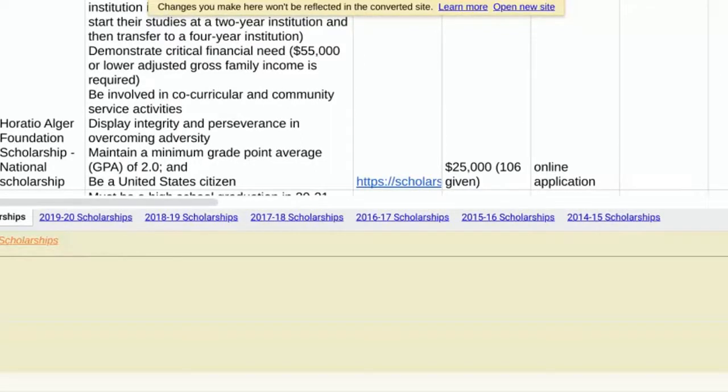If you haven't done so already, I strongly encourage that you come up with some sort of organization method, whether it's a planner or an online Google Calendar, because deadlines become extremely important as we get into this part of financing your education. So making sure that you stay on top of that will be